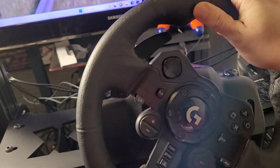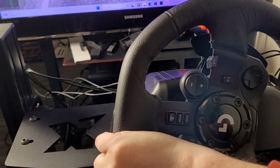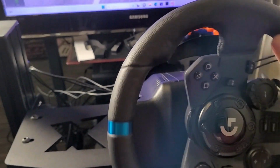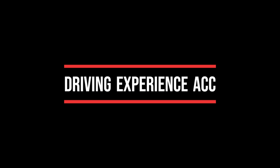the TrueForce is working. So basically what it does is it takes sound and it transforms it into kinetic energy. When your motor is running, you have a feeling that your steering wheel is vibrating in your hands. Is it an asset? Yes, I do think so. It's true that it